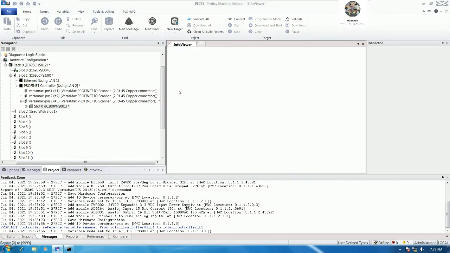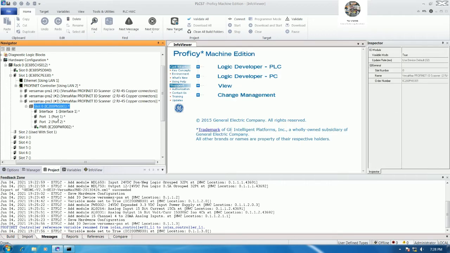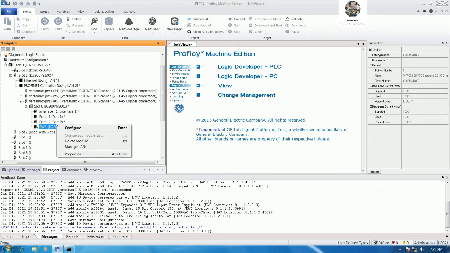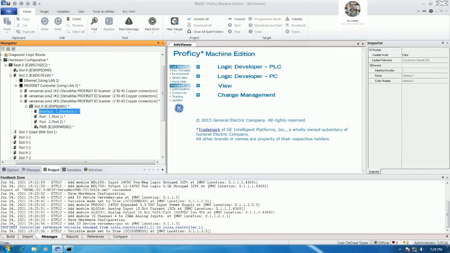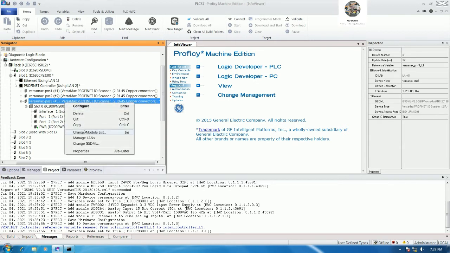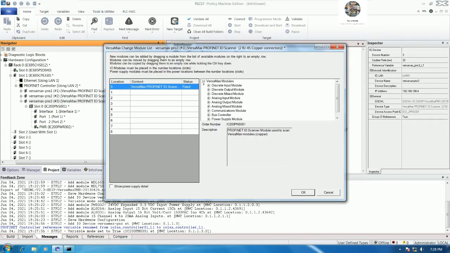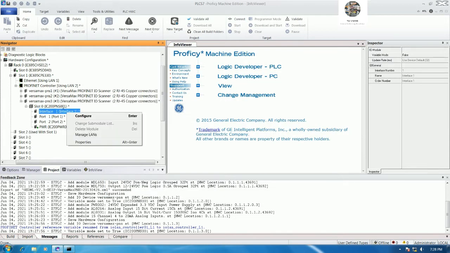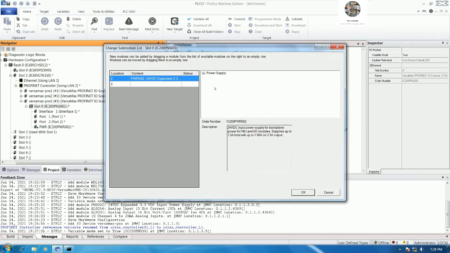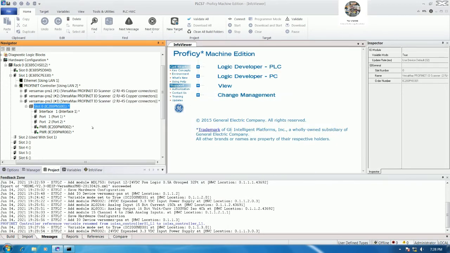Okay, and then we can add more power supply. So right click and then change this one and then insert one more power supply,